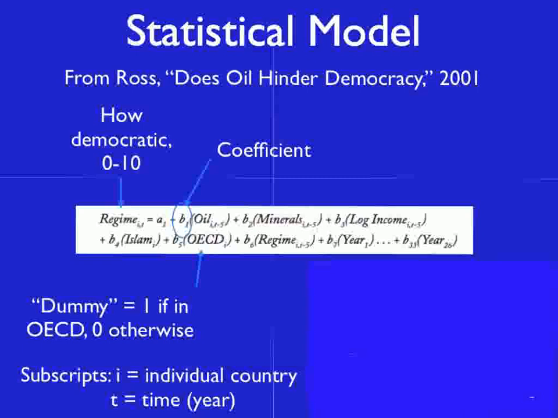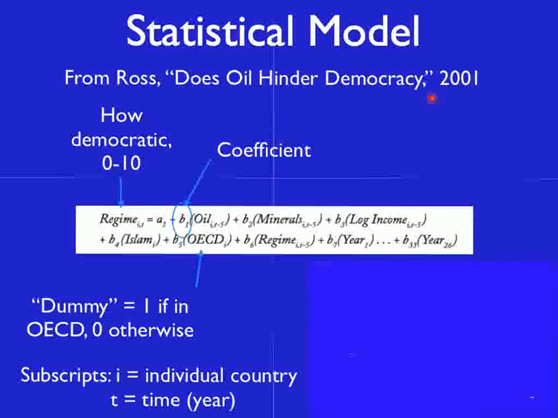Okay, now let's look at an actual example of a regression analysis. This is drawn from the piece you'll be reading by Ross for next week called Does Oil Hinder Democracy? And you can see already there his independent and his dependent variable. He's interested in democracy as a dependent variable, and what he's particularly interested in is what's known as the resource